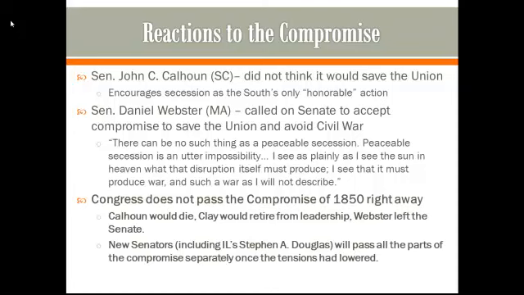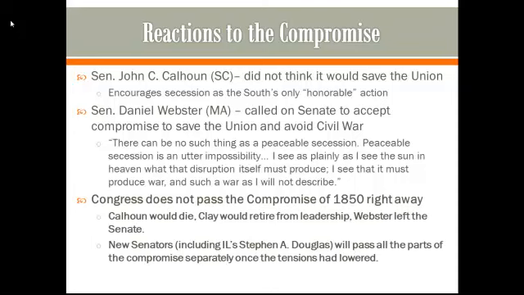John C. Calhoun, the defender of the South, would die, leaving a new generation of Southern senators to lead the South through the next stage of history. Henry Clay, the great compromiser, retired from the Senate, and so there would be no more great compromises. Daniel Webster also, after his defense of the compromise, is going to see his political career pretty much end.